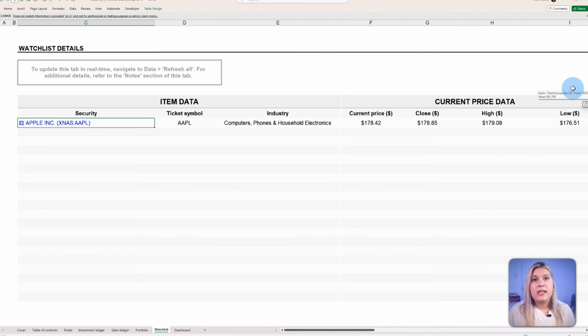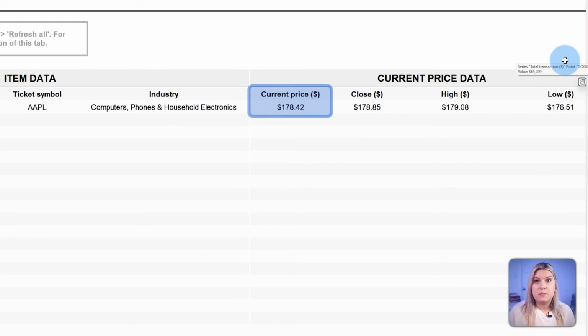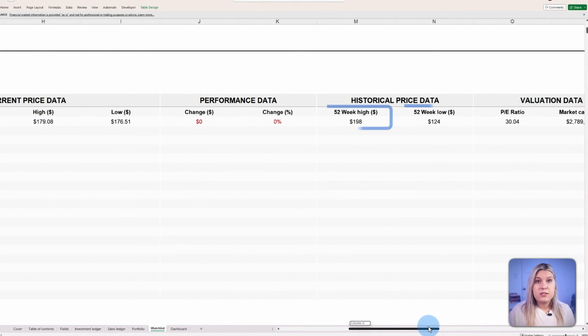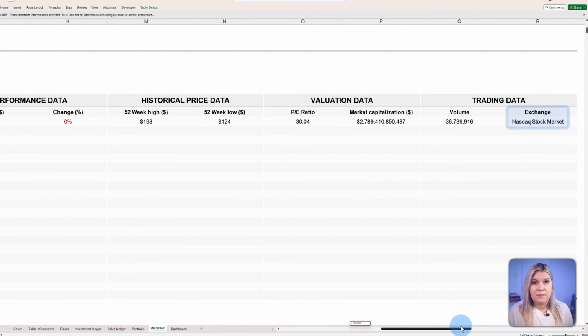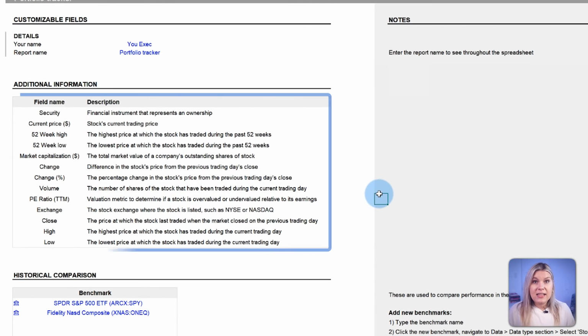This feature equips you with a comprehensive set of data points. It integrates everything from the current price to the day's basic metrics, such as the close, high, and low values. You can gain insight into your asset's annual performance with the 52-week high and low, and understand the market structure via market capitalization. Other important data points are also monitored by the template, like the change value, the trading volume, and the PE ratio, to understand valuation nuances and general details, like the exchange where the stock is. The description of each data point can be found in the Fields tab to ensure you can analyze and strategize